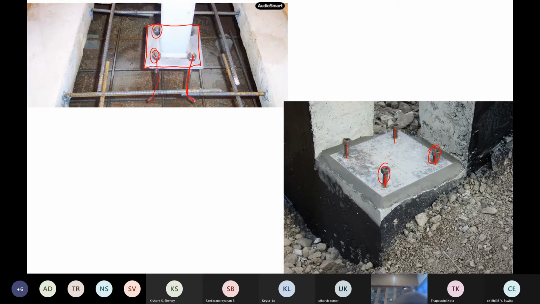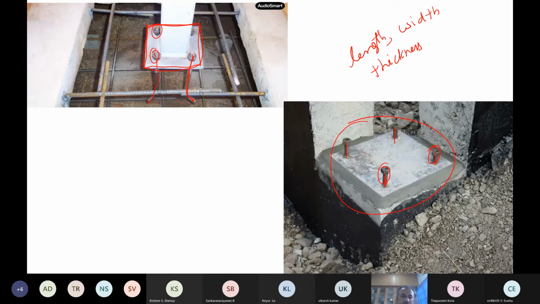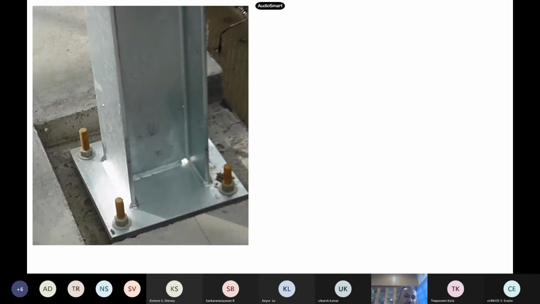So how do we design this plate? That is, the length, width, and thickness of this plate. This is the design variable: the length, width, and then thickness of the base plates. This is how the design goes. You make a thing like this, concreting and others, and then you put your base plate on the top of it. Your column is welded to this base plate. So you have to design this base plate. How much should be the dimensions of this base plate? This is what we call the column bases.